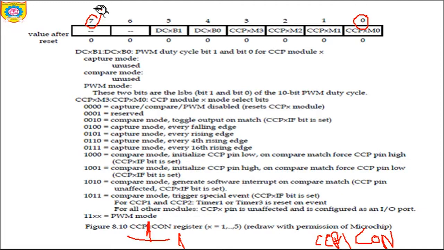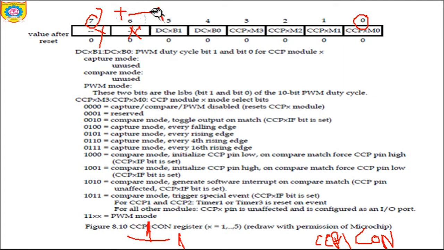From this figure we can see that bit numbers 6 and 7 are dashes, which means they are not used. Then this is bit number 5, DCxB1, and DCxB0. As I told, it's a CCP1 module, so wherever you find X, you have to replace it by 1.